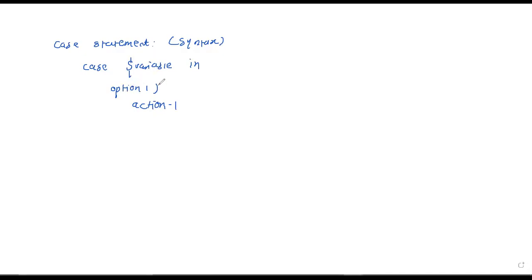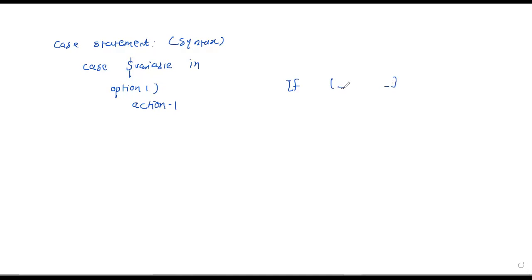After writing option 1, compulsorily you have to close the bracket. After that, you can put a space or you can avoid a space. Because we saw in the if statement, when we write a condition, you have to put a compulsory space.